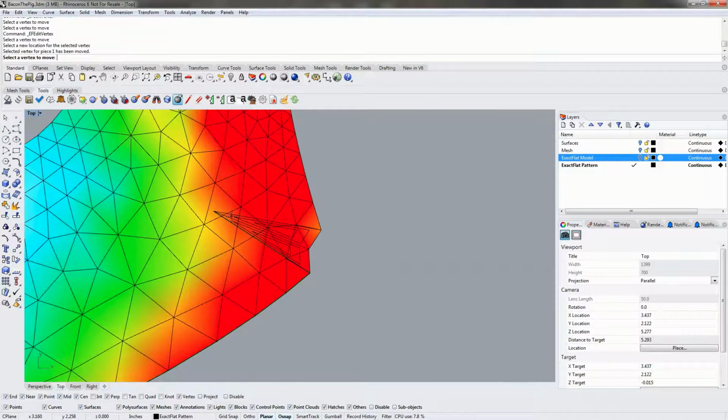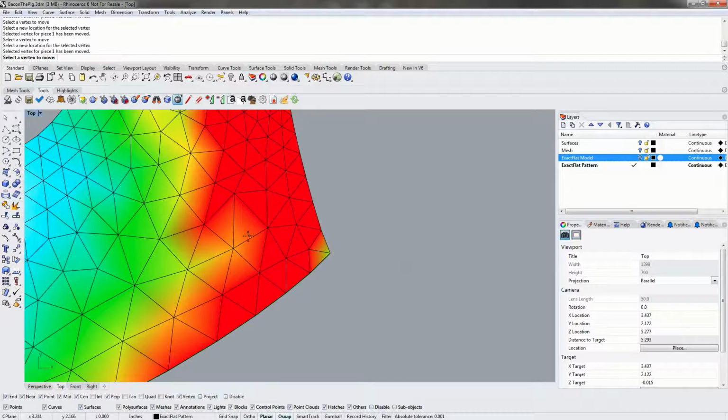So just as I did to create the flip triangle, if we click on the point here, drag some of these triangles out of the way, we can use the vertex manipulator to manually manipulate the vertices to remove the folds or wrinkles. So this tool is probably the most difficult method for removing flip triangles, and that's simply because